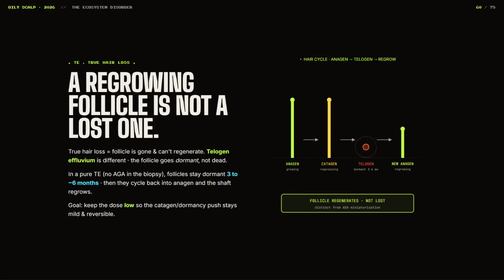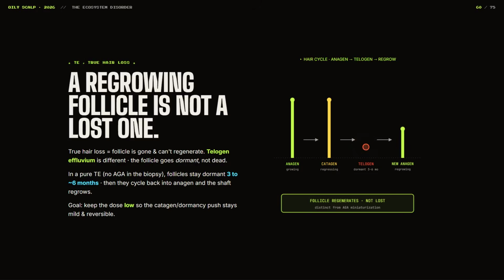Now, hair loss is a bit of an exaggeration because telogen effluvium is not hair loss. Those are two different things, although sometimes authors try to call them the same thing, which is a bit of a mistake. Actual hair loss involves the loss of hair follicles that can regenerate. When it comes to telogen effluvium, in most cases the hair follicles have the ability to regenerate. Although in a purely telogen effluvium issue, where you don't have androgenetic alopecia, in those biopsies the hair follicles are usually dormant, and that dormancy can last anywhere between 3 to a chronic 6 months.